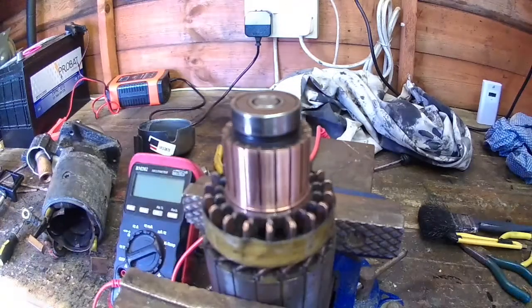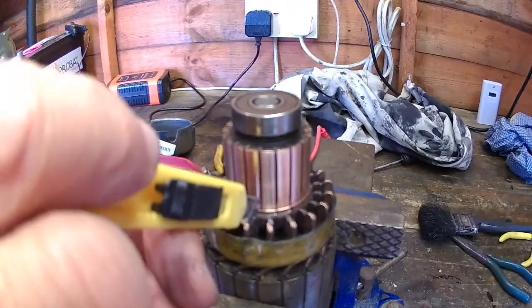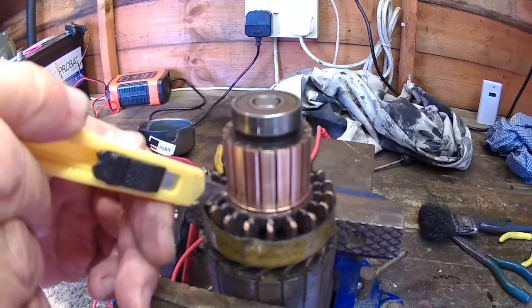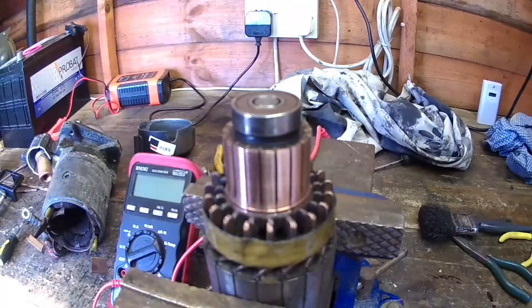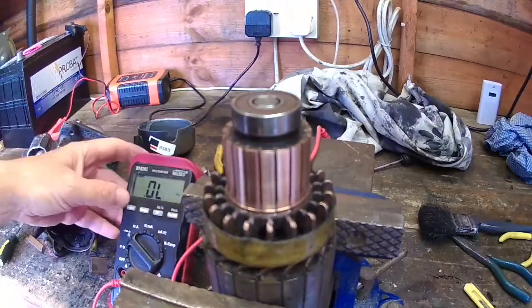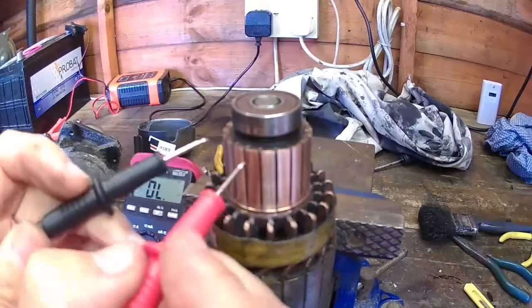The other thing to do is to ensure that some have got an air gap between here and some are solid, and these have got the air gap, so make sure they're not clogged, which they're not. Because of the speed of the motor, it tends to spin out any dust. And the last thing is to check the segments, just in case there's a dead segment, and you can do it with a meter on continuity or low resistance, and what you're looking for